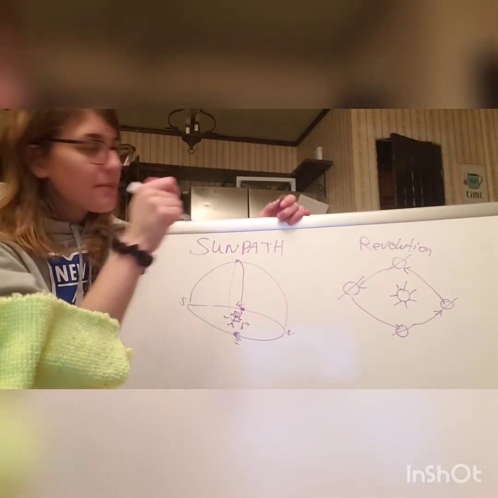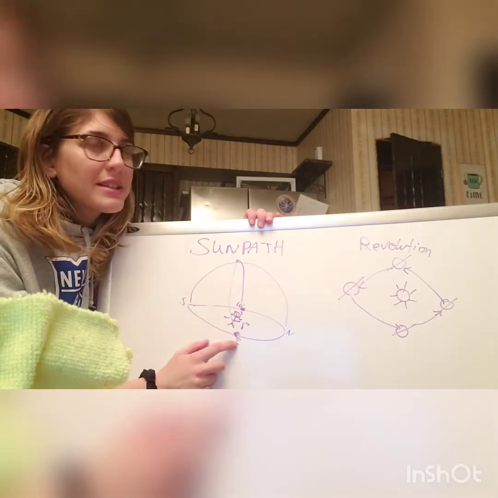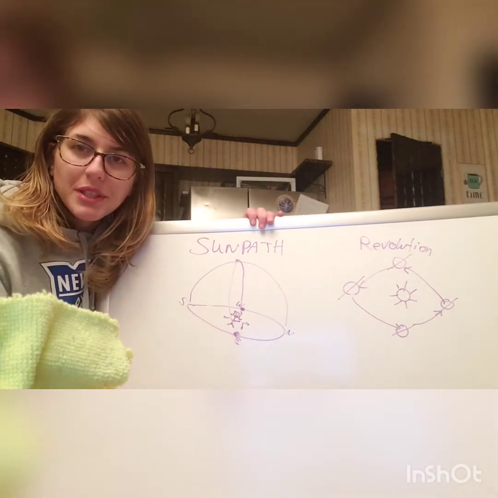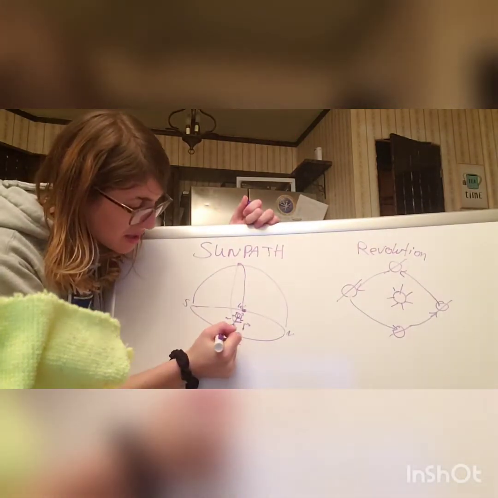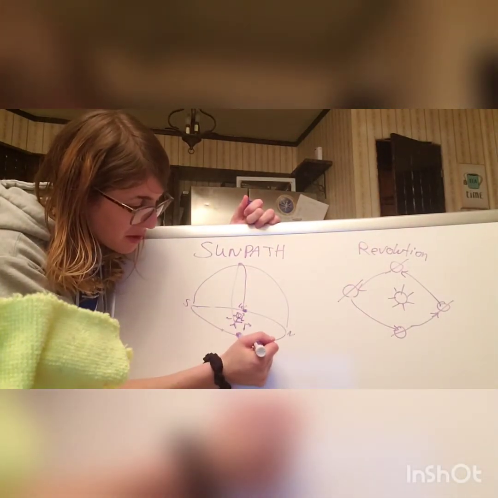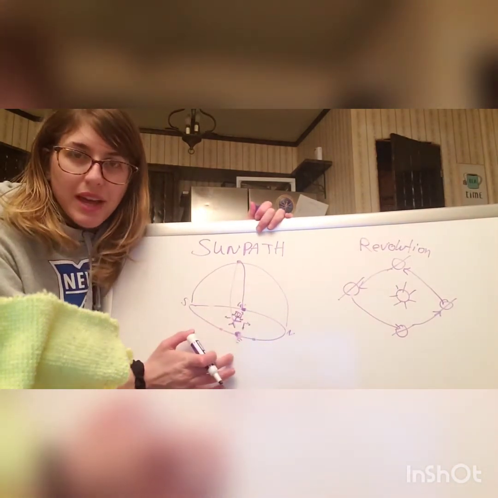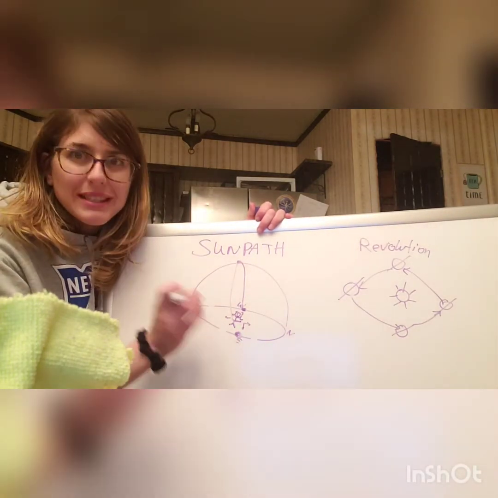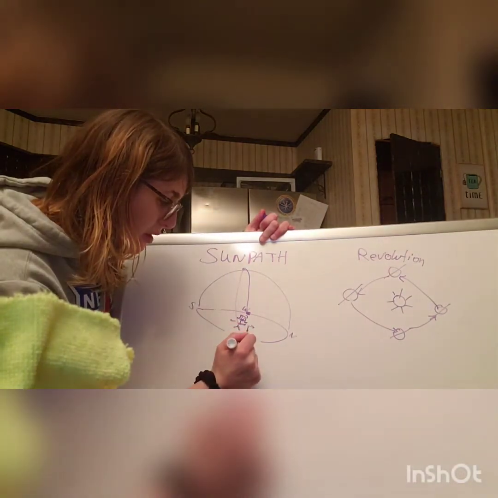Now, a lot of concepts to know about sunpath is that the sun doesn't always rise directly in the east. What? You were taught the sun rises in the east? Well, good for you. The sun can rise sometimes a little bit in the south, a little bit in the north, but it generally is in the eastern direction, okay? It's not exactly east. In fact, it's only exactly east twice a year. It's only exactly east on March 21st